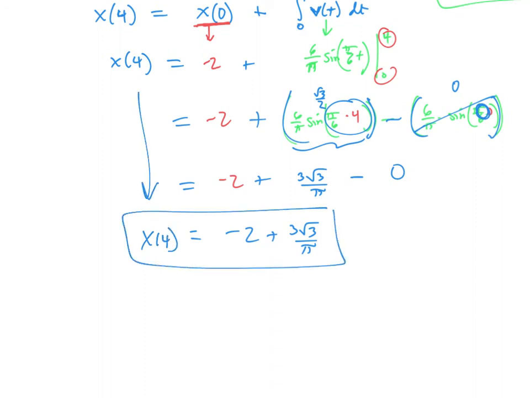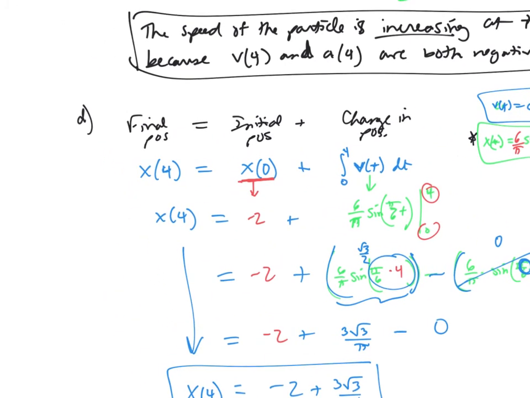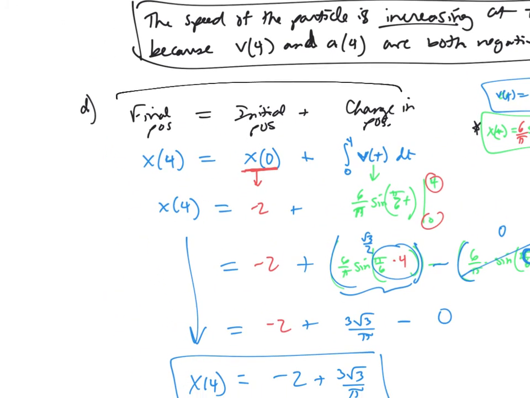Position at 4 is -2 plus 3 radical 3 over pi. You're thinking, holy cow, that could not possibly be the actual answer to that question. Makes sense? One other way to set this up, if we go back to this original setup right here,